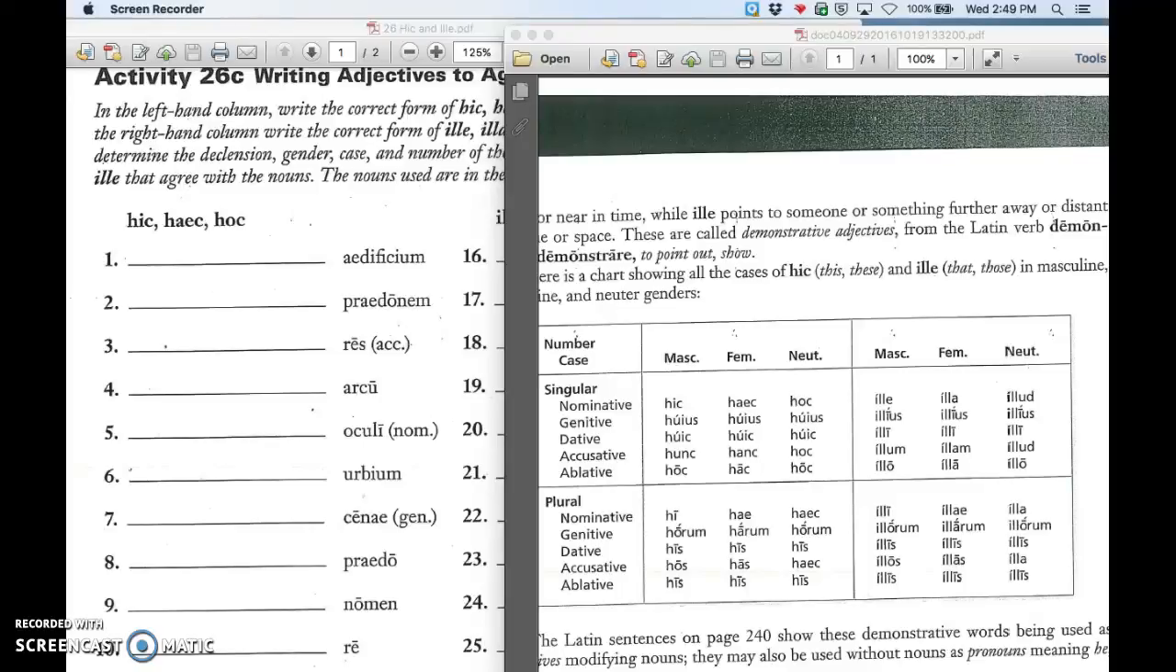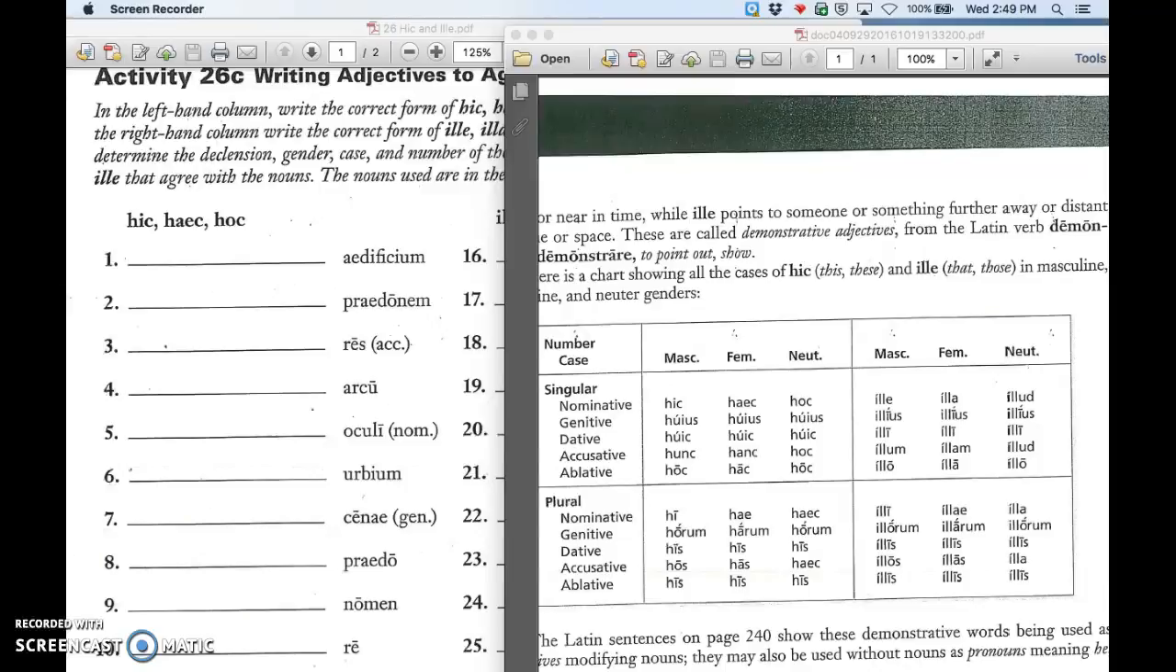Okay, so today we're taking a look at activity 26C and 26D. I'm going to show you how to do some of the examples here, and then you need to finish it for class tomorrow. So let's take a look at the examples here. In this assignment, you need to determine the gender, case, and number of the noun so that you can choose the proper form of hic, haec, hoc, or ille, illa, illud to go with the word that's given to you